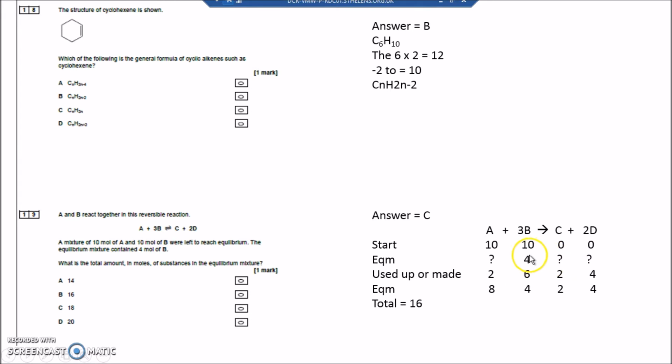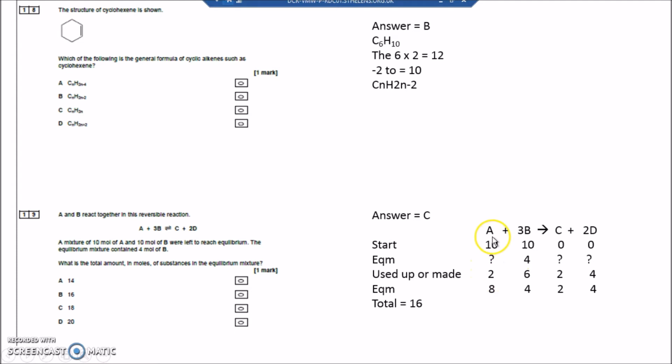So at equilibrium, the amount of B has gone down from 10 to 4. I've used up 6 moles of B, because it started at 10 and has gone down to 4. If I've used up 6 moles of B, where's it gone? So 6 moles of B have gone. Let's have a look then. 1 mole of A reacts with 3 moles of B. So 2 moles of A would react with 6 moles of B. So I've got a 1 to 3 ratio, 6 moles of B have been used up, so 2 moles of A